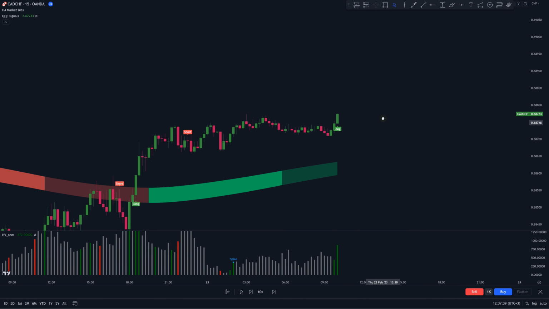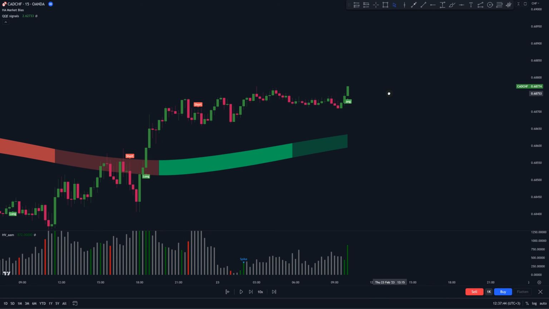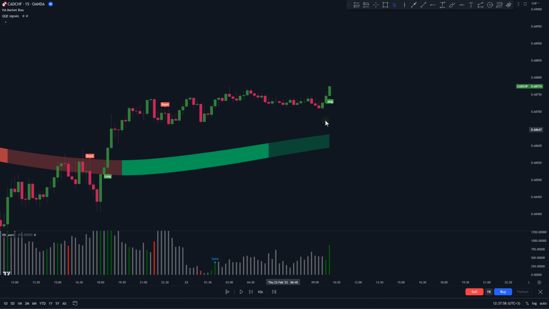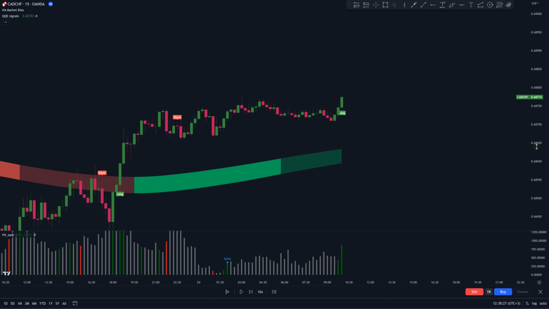Now, to trade using this strategy, here's how we're going to do it. For a long trade, first, the market should be in a bullish trend. We're going to confirm this not by drawing a trend line, but by making sure that the price is trading above the trend ribbon of the market bias indicator, and the ribbon should also be colored bright or dark green. Second, the market should do a pullback. This is going to be confirmed when the trend ribbon of the market bias indicator changes color from bright green